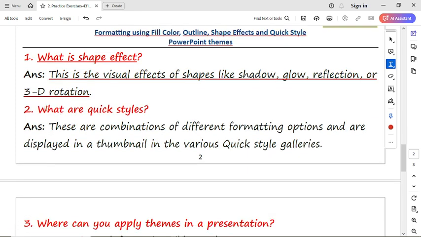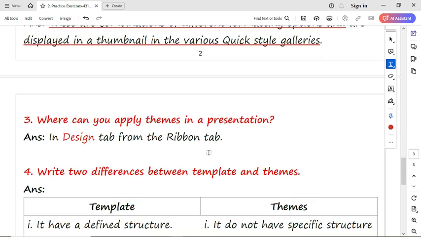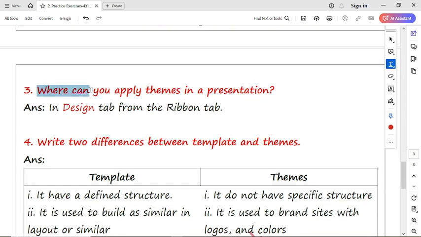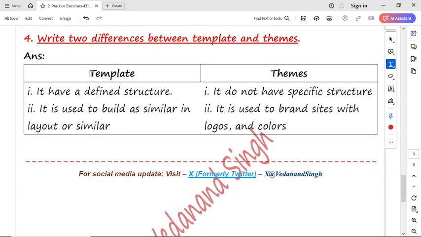Now the next question is, what is quick style? The answer is, these are combinations of different formatting options and are displayed as thumbnails in the various quick style galleries. The next question, number 3, is where can you apply a theme in a presentation? The answer is, in the Design tab it is available. The next question is question number 4. Write 2 differences between templates and themes. The differences between templates and themes are